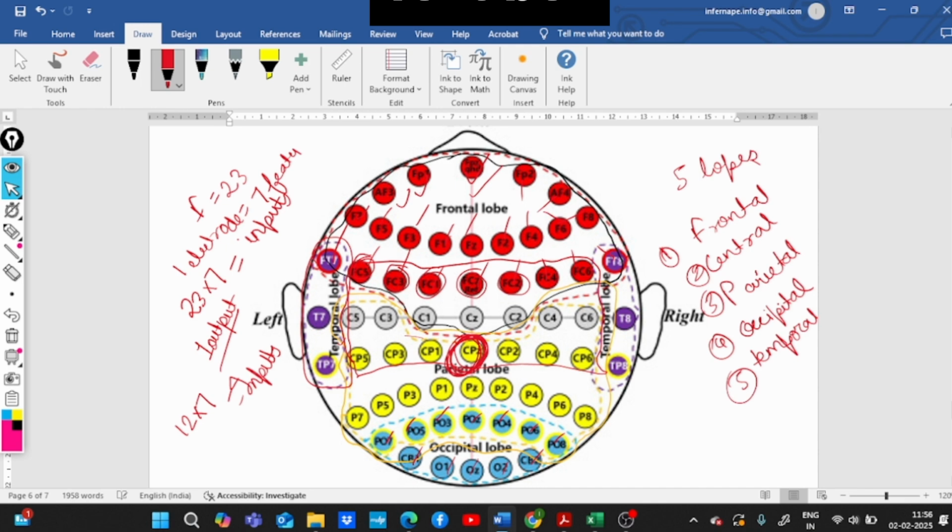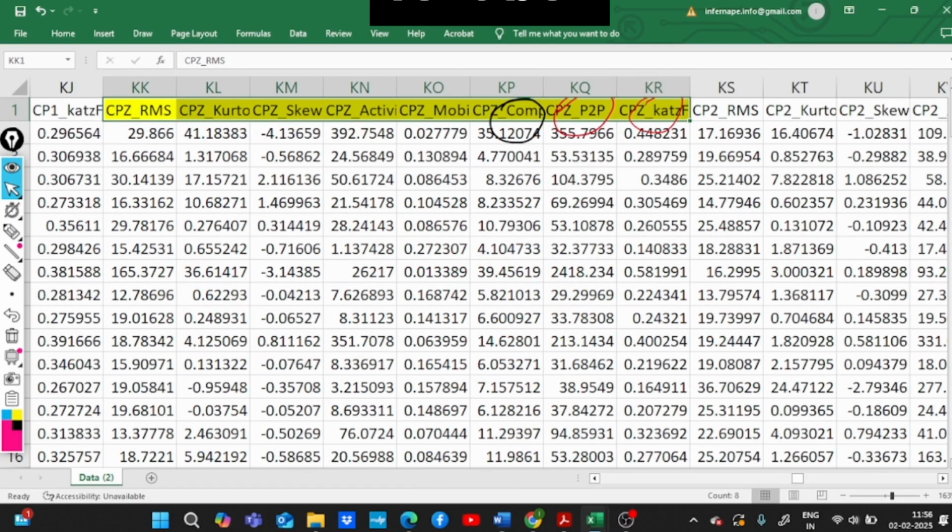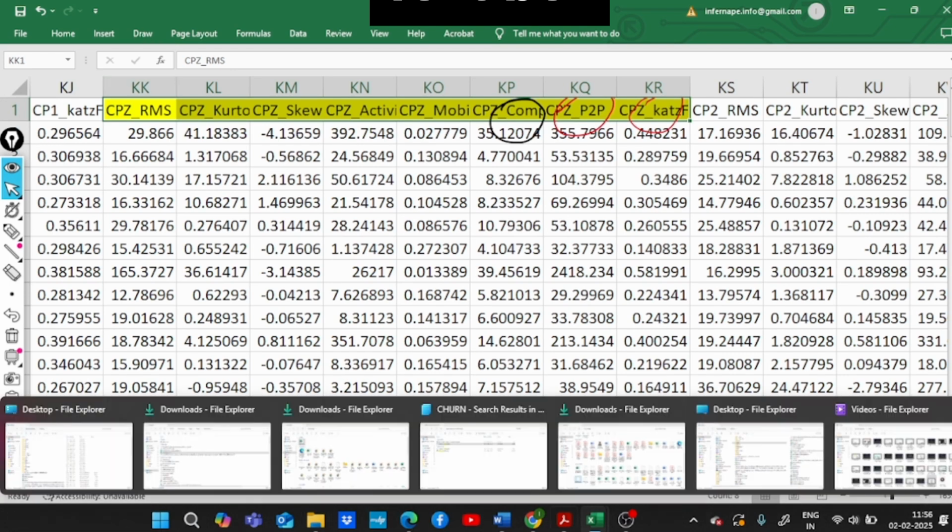This data sheet was made by one of our students for all the electrodes. I only took the inputs of the occipital lobe, took those columns and copy pasted them into another Excel sheet. And then I got